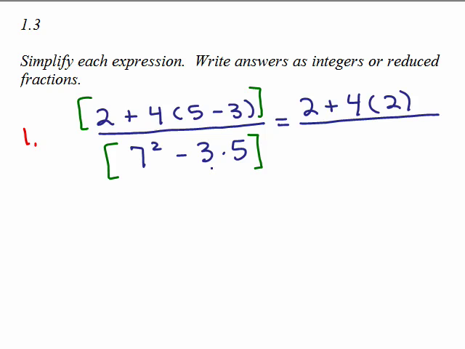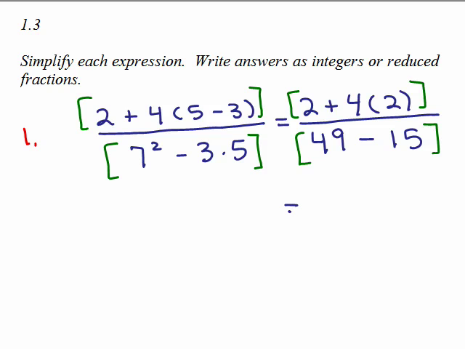Let's do the bottom. We have an exponent, we have a subtraction, we have a multiplication, but in the order of operations we do exponents first. 7 squared is 49 minus, and we could also do 3 times 5 at the same time because it is separate from the 7 squared. So we have 49 minus 15. Now neither of those is simplified, so if you want, again, it's up to you. This is optional. You could put a bracket around to remind yourself you're not done simplifying